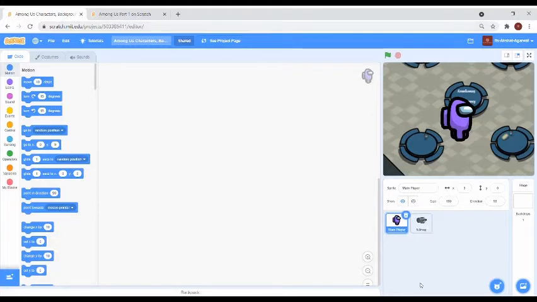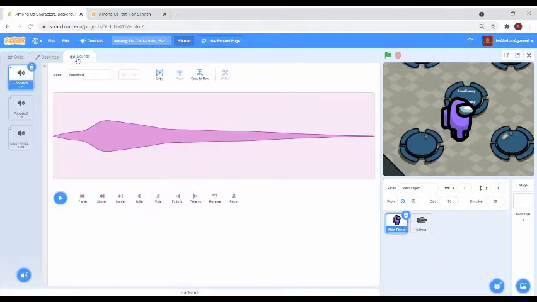Then you have to download the main character and the full map by right clicking on it and tapping on export. Same with the sounds. I have given 3 sounds. Please download these all. Right click on these and click on export.